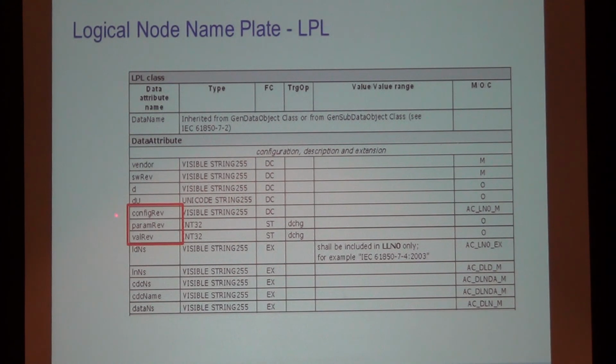The configuration revision tells you if the device, the semantic nature of the device, has changed or not. If you're communicating to a logical node and the value is 1, and the next time you communicate the value becomes 2, this tells